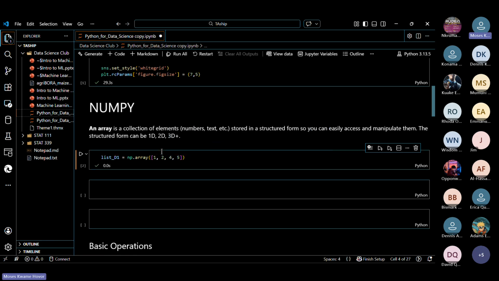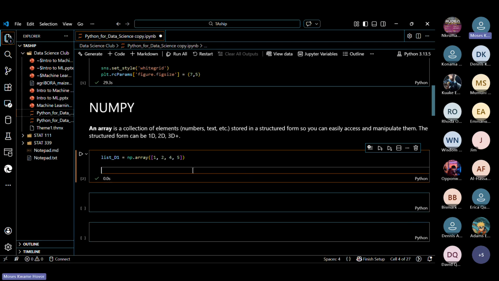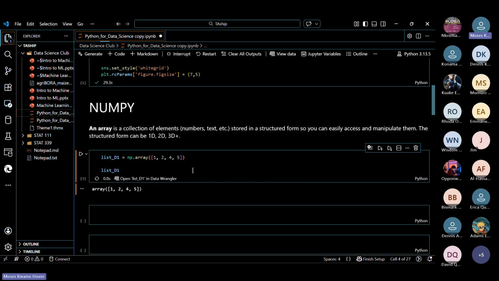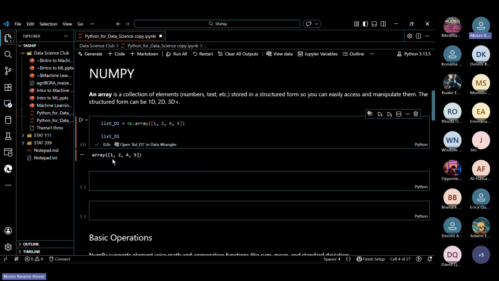This is how we create a one-dimension array in Python. So I'm going to just call the name of the list. And as we can see, we just have a one-dimension array. This is similar to saying that you've created a vector. Those of you doing 39, you can say you just created a vector.